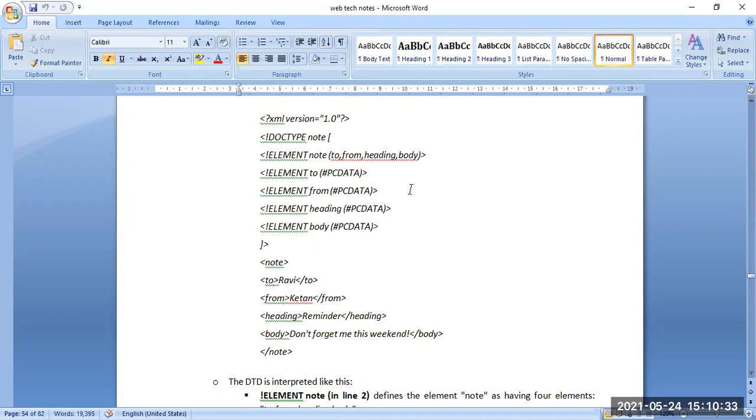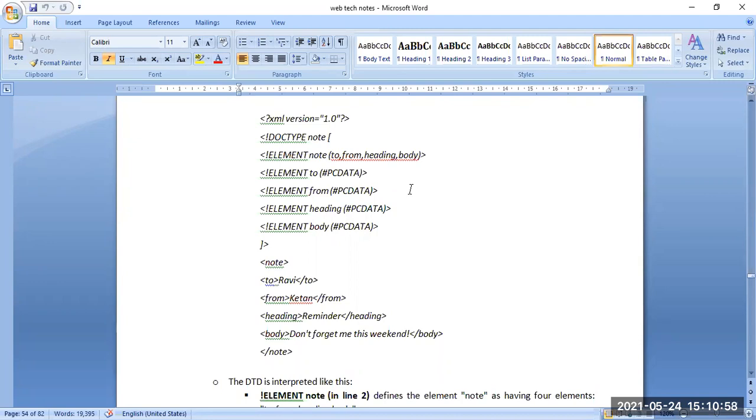So the structure is first the element note, and inside the note are to, from, heading and body.